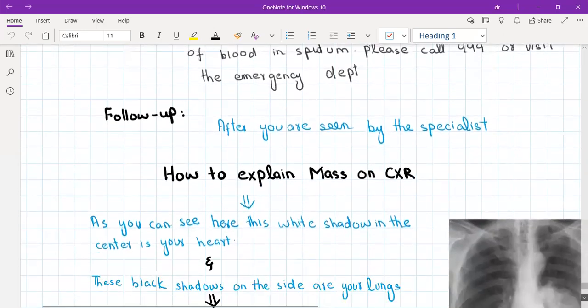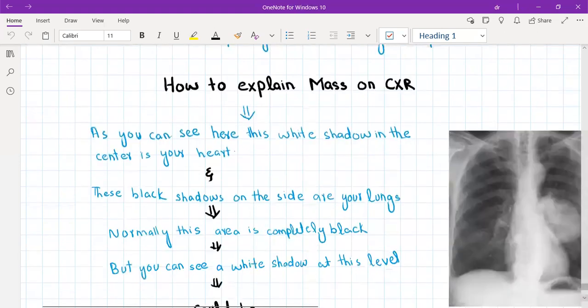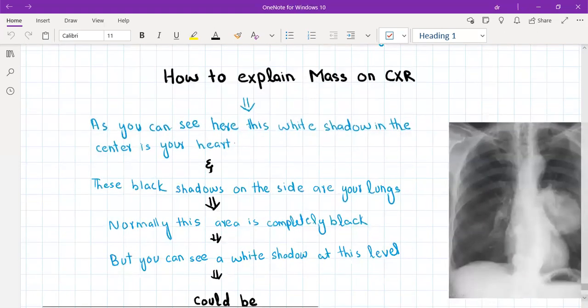Okay, what if you get a mass on the chest X-ray? They give you a chest X-ray and there's a mass on it. How are you going to explain that to a patient? So for example, you have this chest X-ray. You will explain to the patient that, Mr. X, this is your chest X-ray,